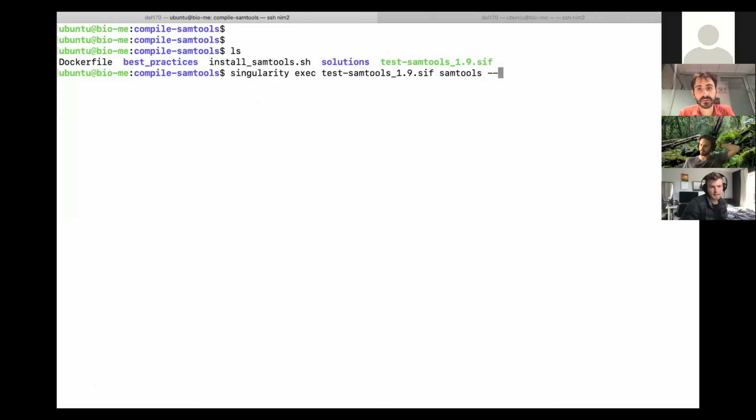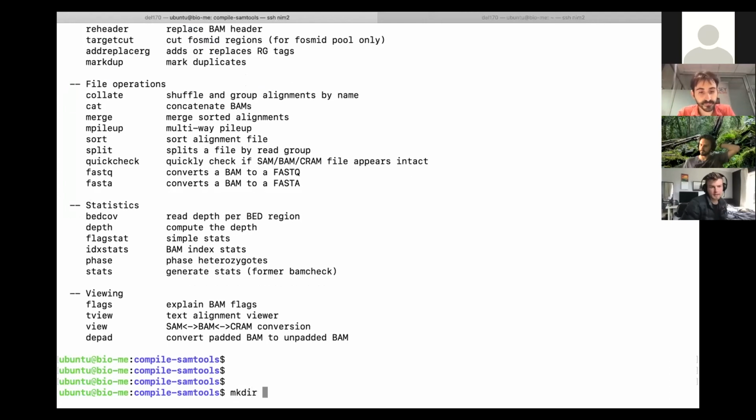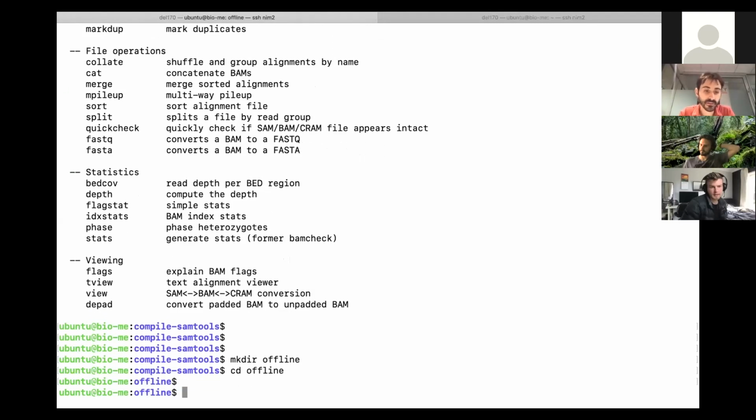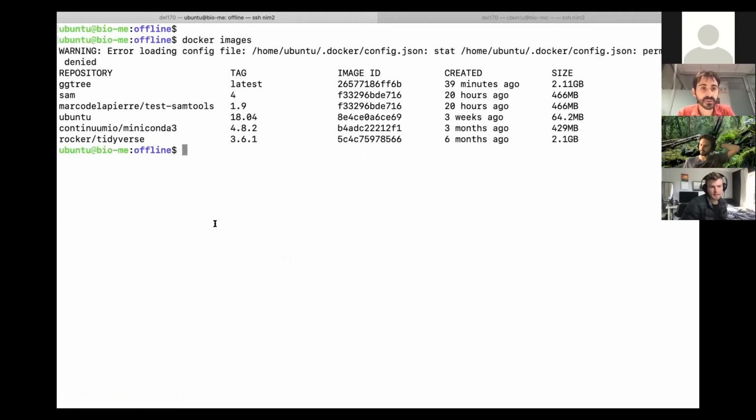SAM tools, help, and here we go. And then what I was going to say is that, let me create just a separate directory to show you this extra command. The pull it just performed was from the public registry on the internet, but because the Docker image was built in this machine, it's also available locally, there is also an offline syntax that we can use, that is singularity pull docker-daemon,